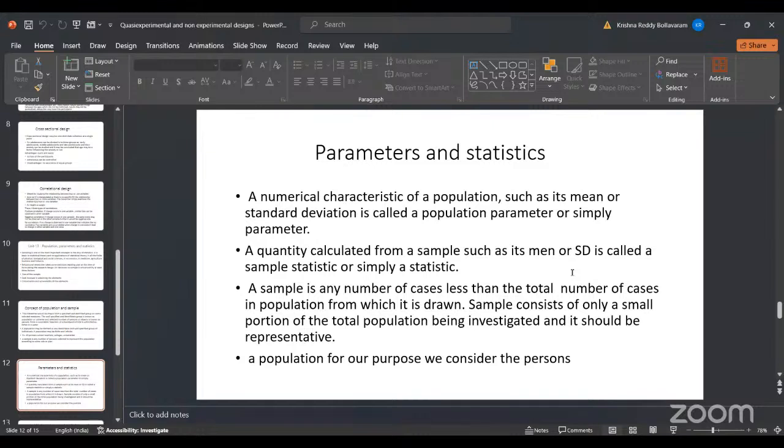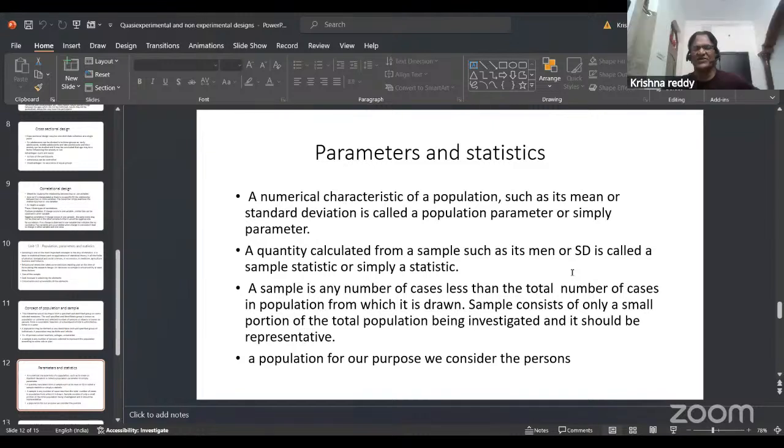P to P, S to S. Yes. A sample is any number of cases less than the total number. So your sample should be less than the total number of cases in a population from which it is drawn. A sample consists of only a small portion of the total population being investigated, and it should be representative. This is what we discussed so far. It should be representative, it should be part, it should be less than the population, and it's a small portion